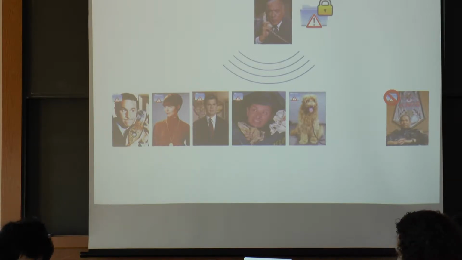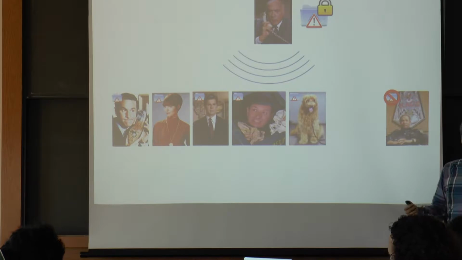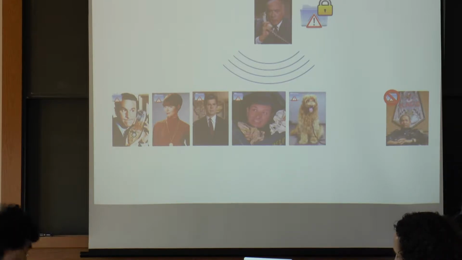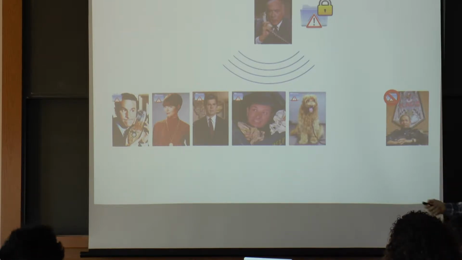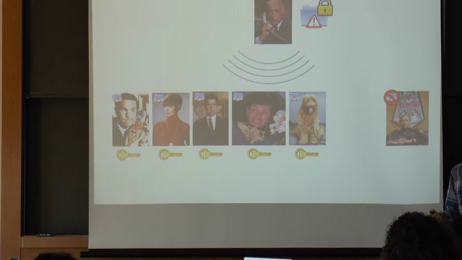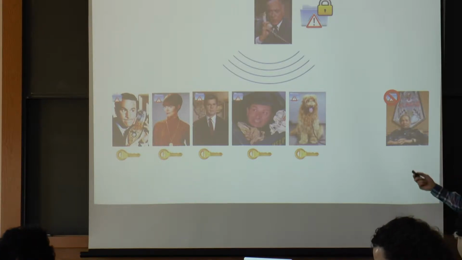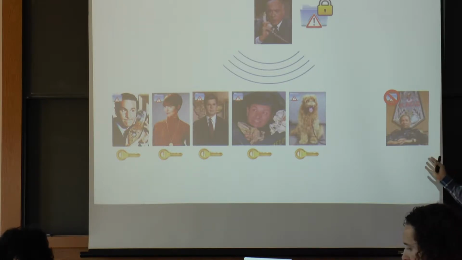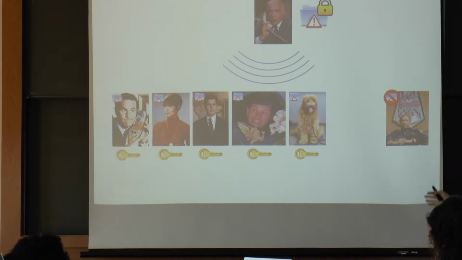So the natural thing to do is Control is going to encrypt all of his broadcasts using some encryption scheme and give out secret keys to all of the spies so that the spies can decrypt the broadcasts. Meanwhile, Chaos over here, they don't get the secret key, so they should not be able to actually decrypt the broadcast.